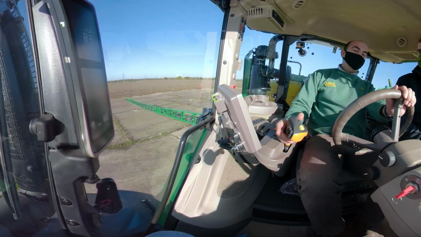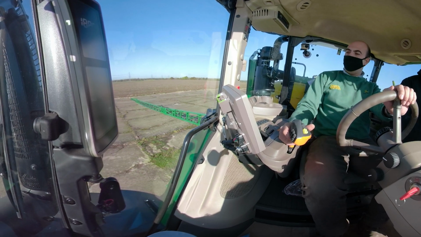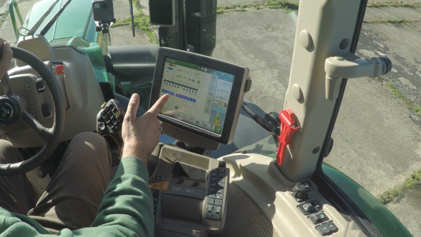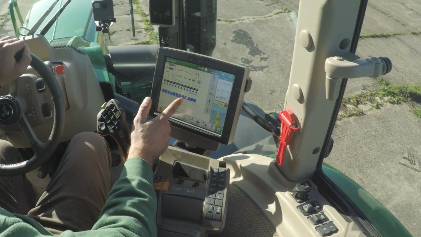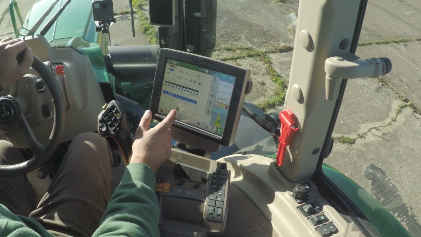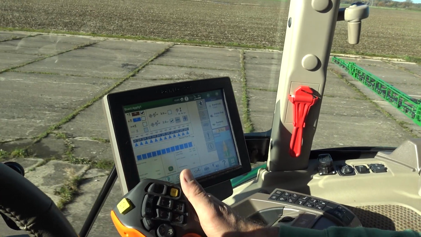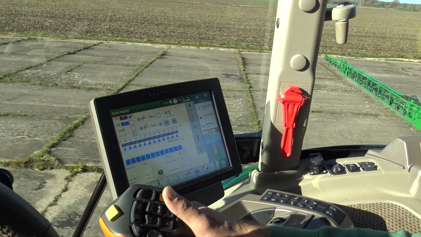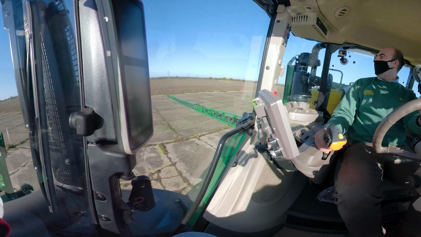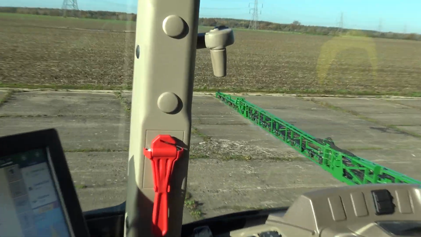So what we've got here is the ExactApply run screen. You can see here we have a bar graph which is showing our duty cycle. Currently we are spraying 100 litres a hectare with an 0.5 nozzle with a line pressure of 2 bars. So we've got a very coarse spray. If you actually look at the spray pattern currently, you'll see a very coarse droplet in the nozzles